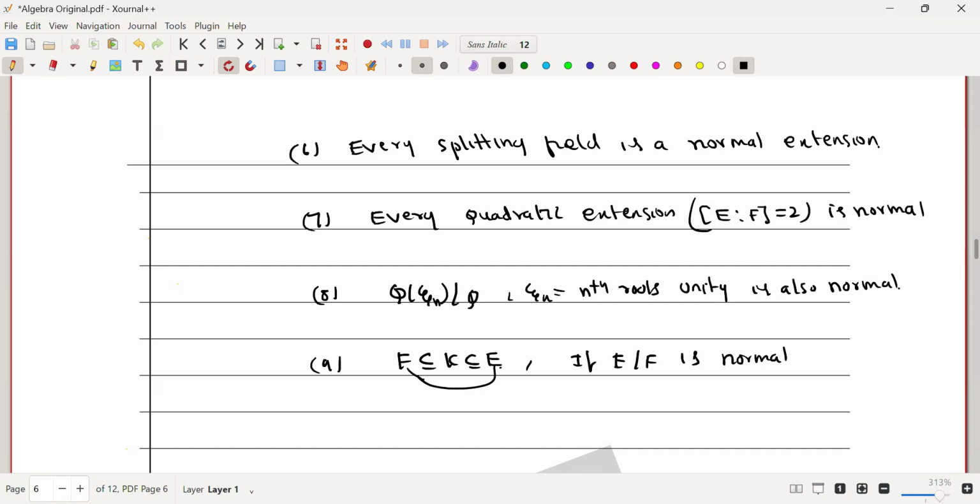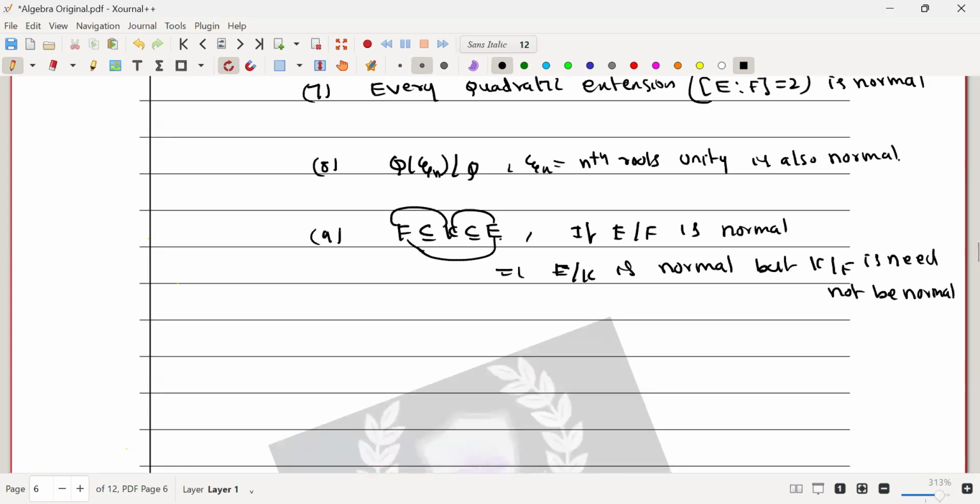So E over F is normal, which implies E over K is normal, but K over F need not be normal. It is a theorem statement, sir. So I don't want to prove it here. I will give a counterexample for this one. So for example,